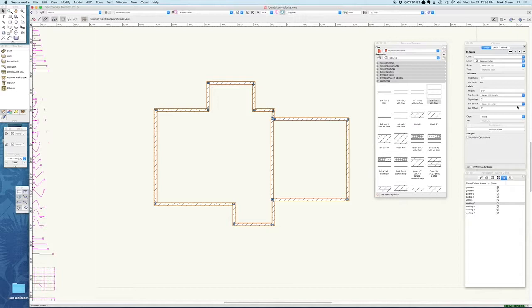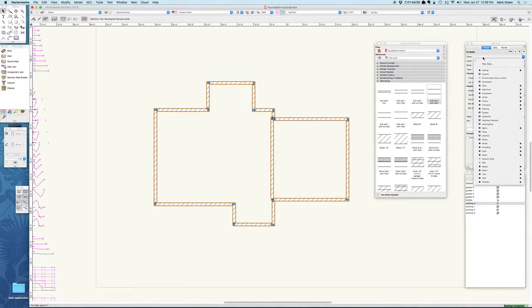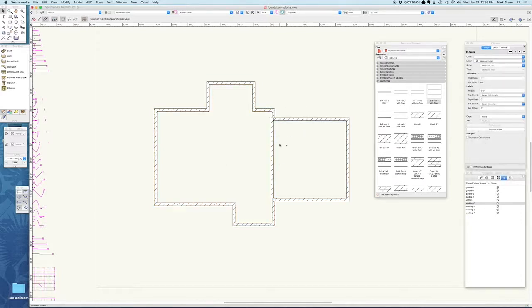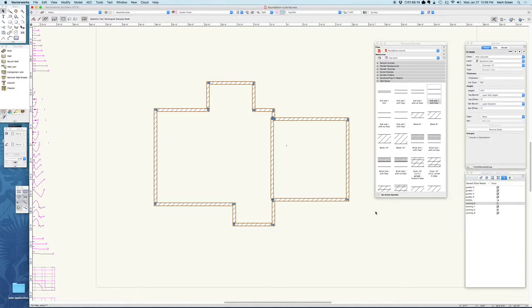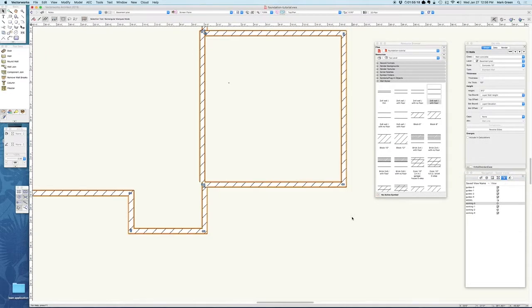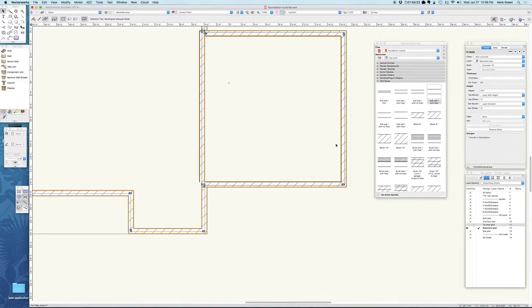And as soon as that all comes in, I want to make sure that this class gets updated, because some of those were brick and some of them were interior walls. This one is in the interior class. These three were in the siding class, and the rest were all brick. So I'm going to select them all and put them all into the right class so we don't get anything messed up there. And then I'm just going to ghost the first floor over top,